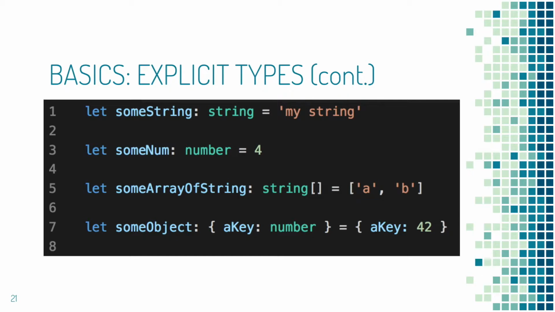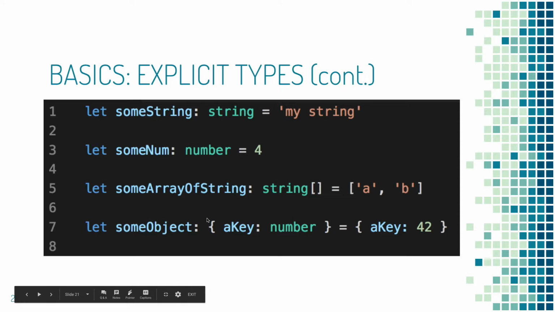We have the string. We have a number. Then we have an array. The syntax for an array is pretty straightforward: the brackets representing an array, and then the type of thing that you expect to be inside of that array. That way you can be sure that, in most cases, you don't have like some string and then an object. And you'll notice that this is obviously not JavaScript here, but it's very unobtrusive, I think, which is a good part of the justification for TypeScript's popularity.